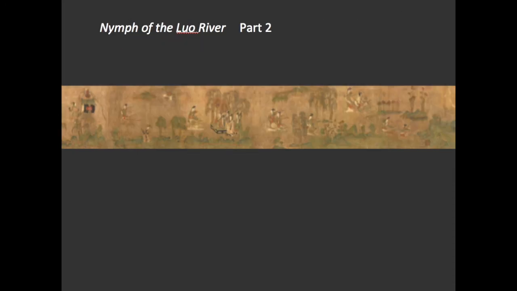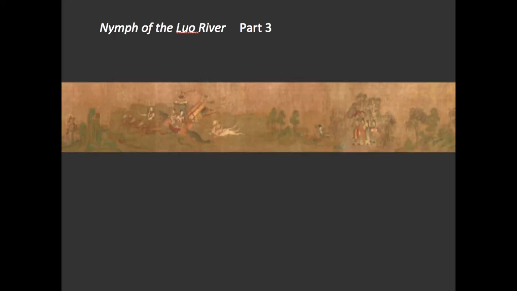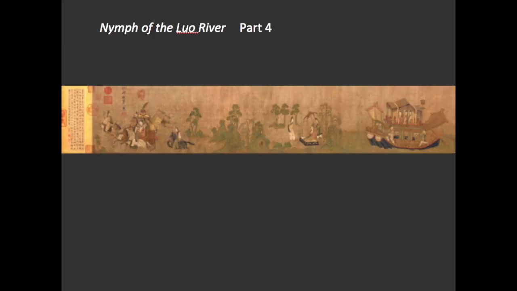Remember, these scrolls are read and viewed from right to left, and the narrative continues in the third part as the scroll is read, and at the end of the scroll, the painting concludes to feature Chinese inscriptions and many red stamp seals from the artist, the collectors, and the different owners of the scroll throughout the centuries.